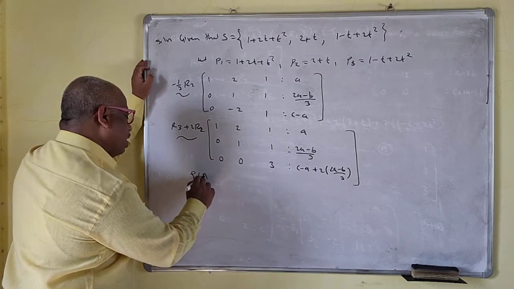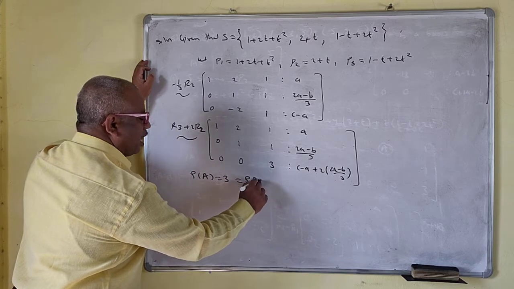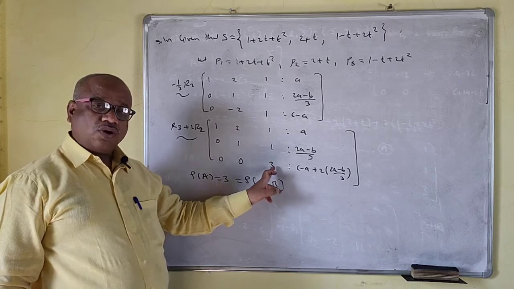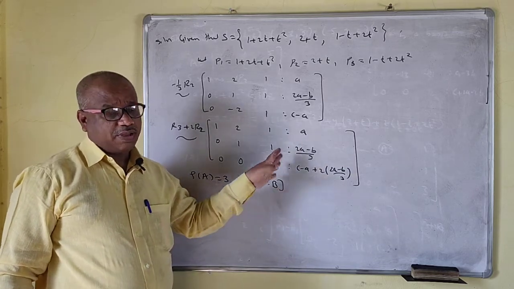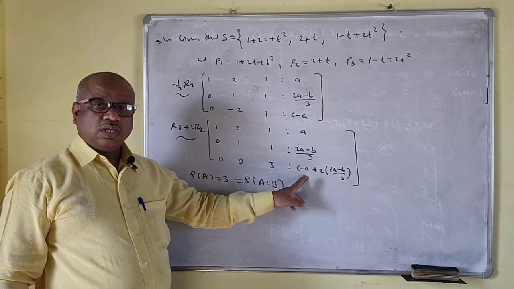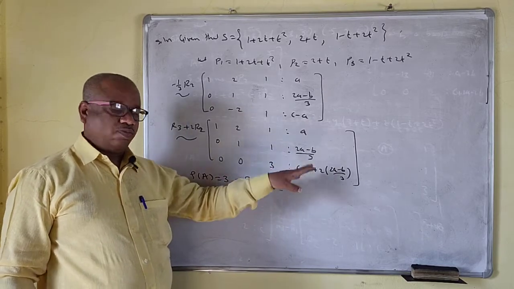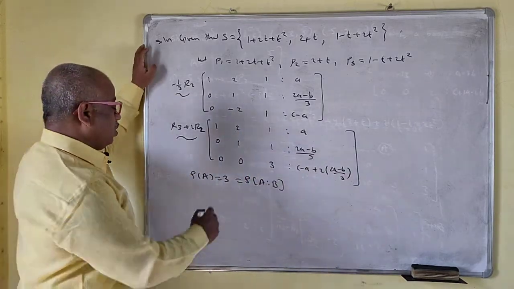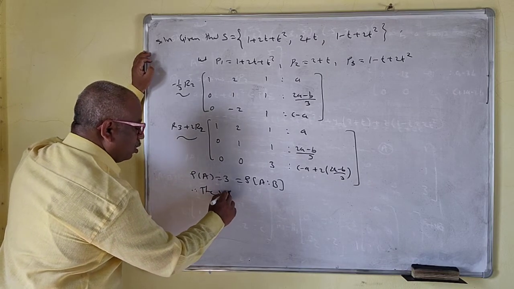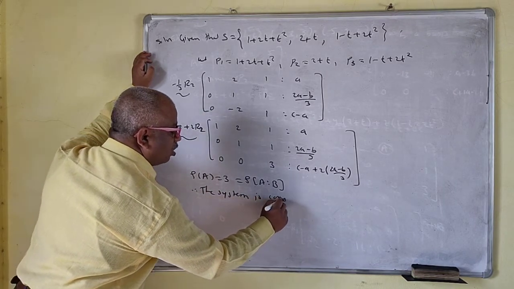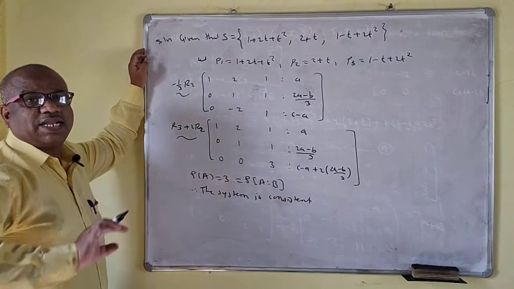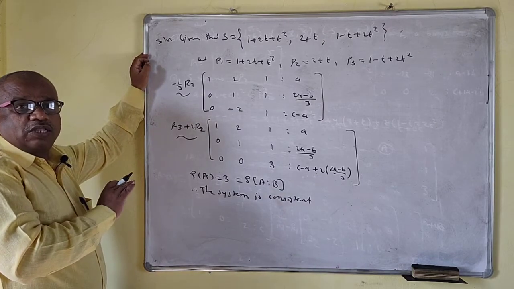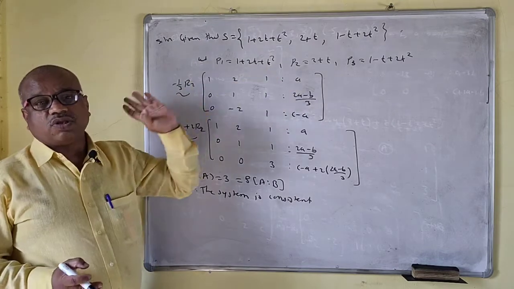So the rank of A is equal to 3, and the rank of the augmented matrix is also 3. If the last entry were 0, that also wouldn't matter, because the 3 is there. If it is non-zero in the other case, the rank of A would not be the same as the rank of the augmented matrix, meaning the system is not consistent. But here the system is consistent. Consistent means x, y, z exist. So every polynomial of P2 can be expressed as a linear combination of the vectors in S.